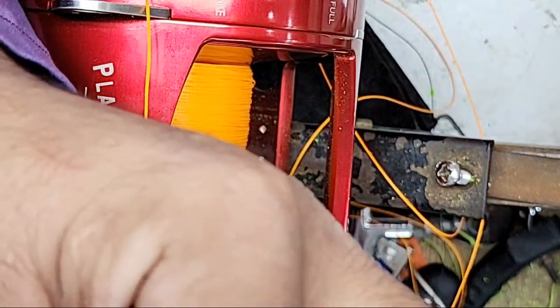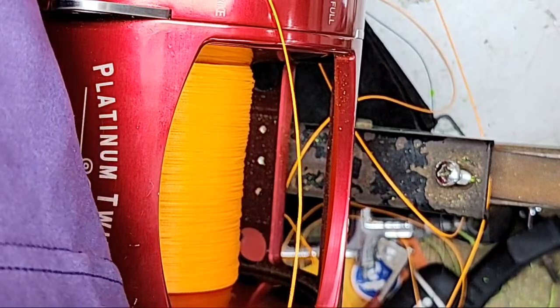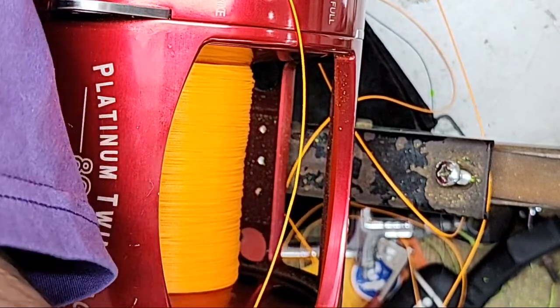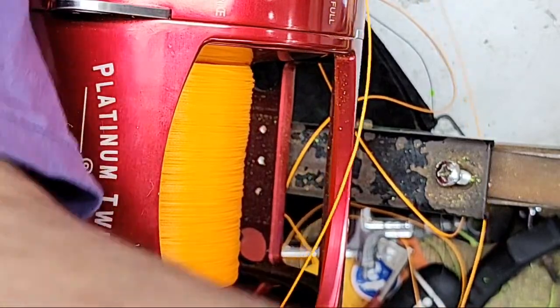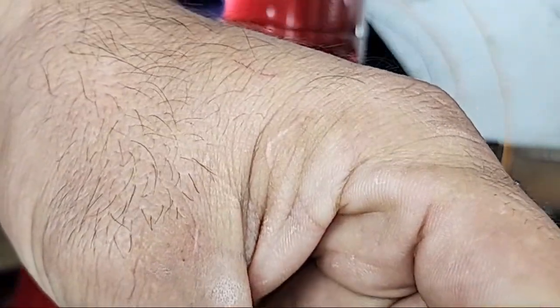Okay, give me just a second. Oh, and this is what y'all want to see too. That bad section that I was talking about in the video, I actually cut it out. I've added one line into this side, and I'm pulling this line into this one. This is called a hollow core splice. Say you lost this much line on your little reel. Now obviously this is a bigger one, but it gives you the prime example. We splice into it, and now you just pay for the additional amount of line you lost. That's it. So it maintains your line capacity, so you will save a lot more money in the long run. And then two,